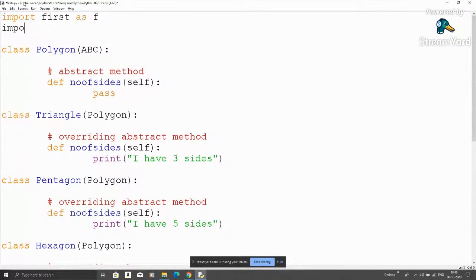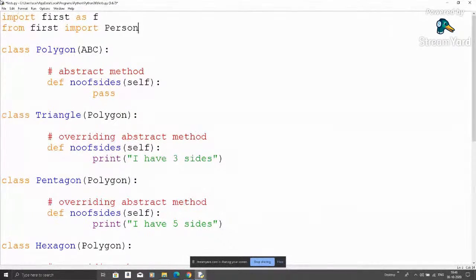Otherwise, I will use from: from where you want to extract something, give the name of that module. Like from the first file, the module, you import something. So use import and Person.